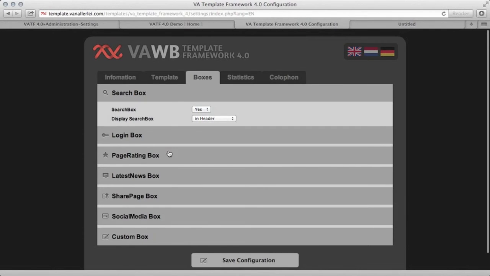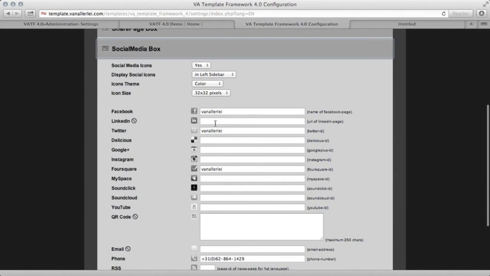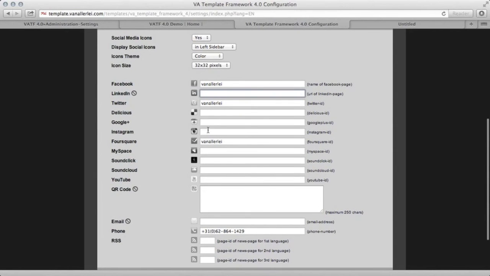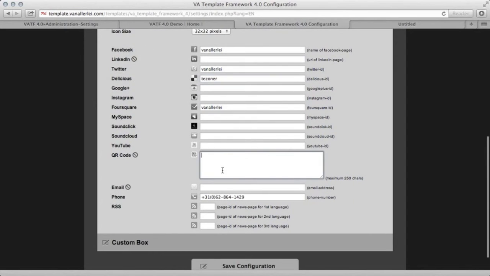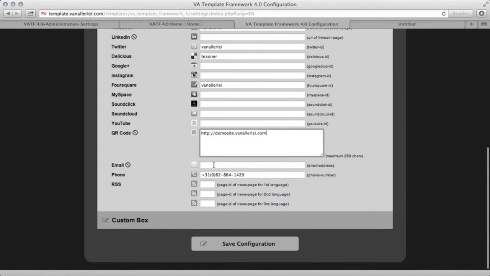And if we, for example, add there some other one, let's say I put there the delicious account where you can store bookmarks, and I'm adding a QR code, and this is a very nice feature because you can put just text in here, and this text up to 250 characters will be converted by a Google generator, which makes a QR code from that. We can also add there, for example, an email,